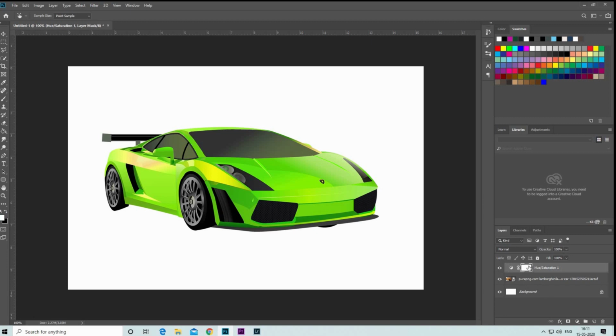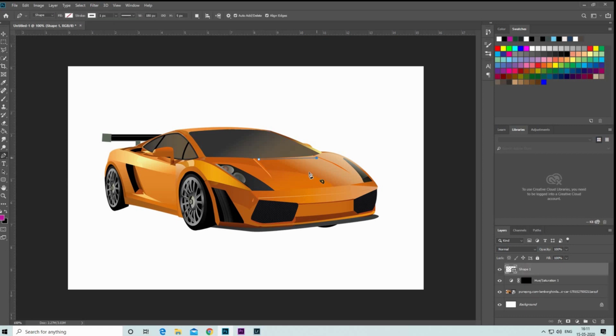And yeah, if you want to create some designs on your car, how are you going to do this? Now this is an interesting part. Press Ctrl and I to invert our layer mask, or to invert our hue saturation layer. Now what can I do? Just select the pen tool and make cool designs as you want. Here I am making it just for fun. You can be a little serious and make it as per your choice. So here I have made a design on my car.